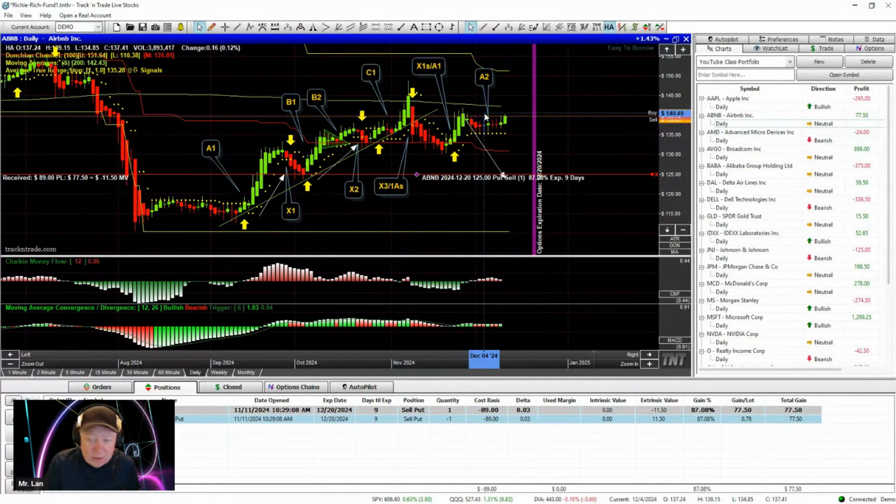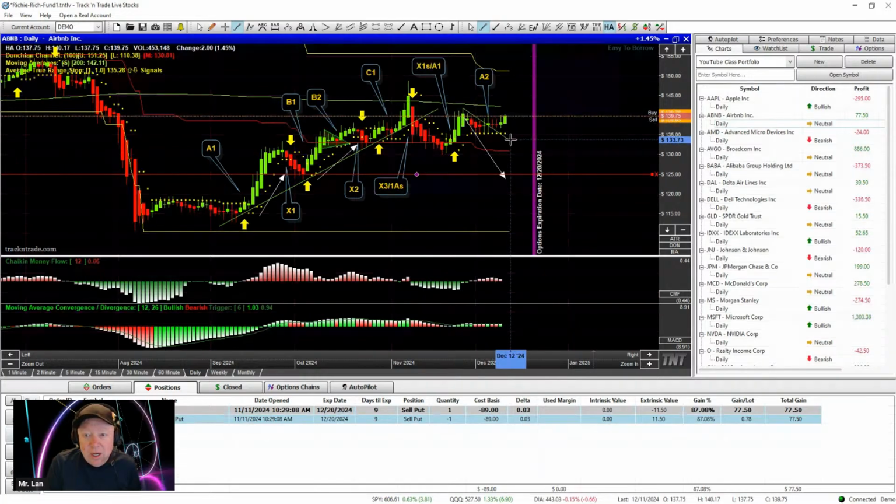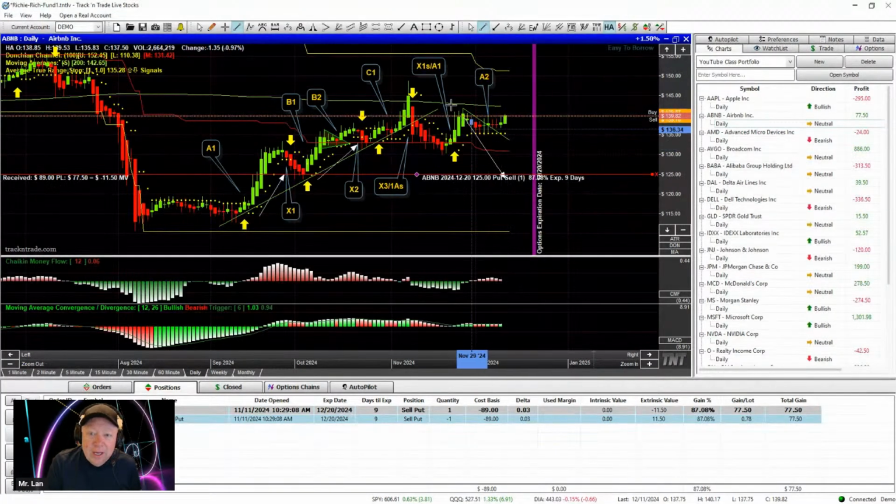I was thinking I said B2. So this is an A2. That's exactly what this is. Not B. It's not a B1 yet. It's got to break the dots to be the B1. So we're still in an A2 strategy. Now,